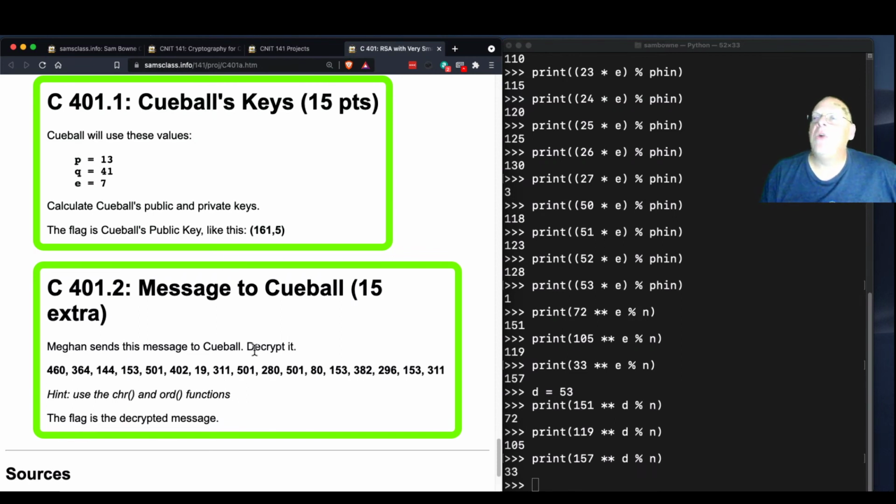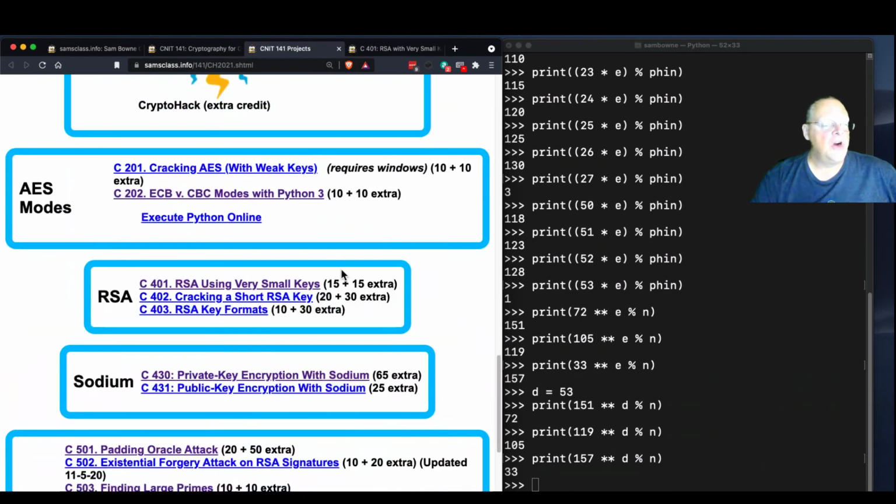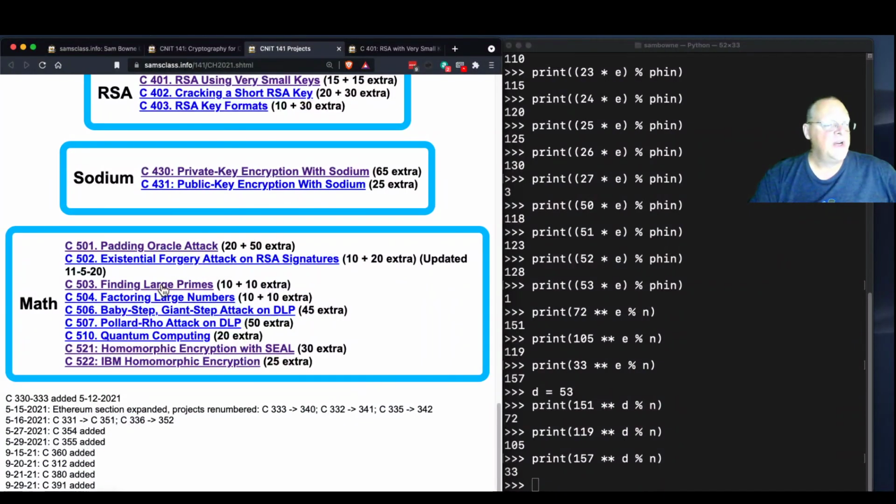However, this is why creating RSA keys is a very slow process, because you do have to guess primes and find them, and you might have to guess a few hundred or thousand to find one, but not more than that. That's exactly what I worried about. I worried that the primes would be hard to find, but they are not that hard to find. In fact, you'll do quite a lot of projects here where you find primes. I've got some projects here where you find primes that are 1,000 digits long and longer. If you go down here in the math section,